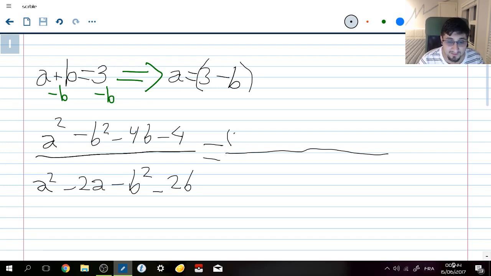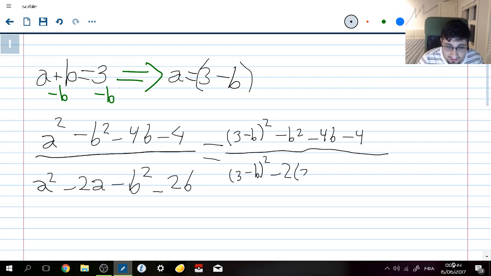So then we have (3 minus b) squared minus b squared minus 4b minus 4 on the numerator, and on the denominator we have (3 minus b) squared minus 2 times (3 minus b)